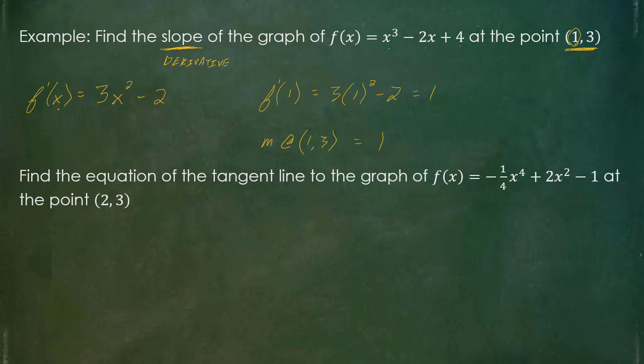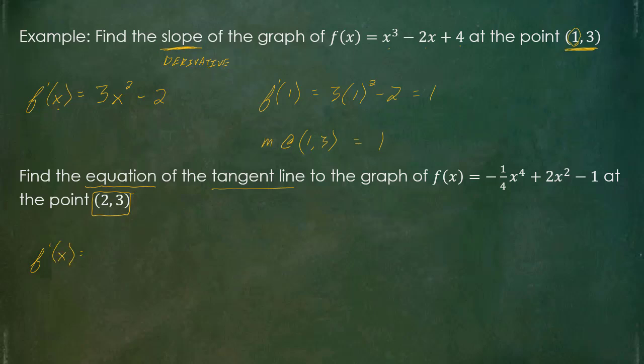If we move on to the next one, now it actually wants the equation of the tangent line. Remember, to find the equation of any line, I need to know a slope and a point. It did give me a point that it wants to pass through, so really all I need is a slope, and then I'll have to use the point slope form to come up with the actual equation. So in this case, it gives us our function. I'm going to go ahead and just figure out what the derivative is so I can get the slope at